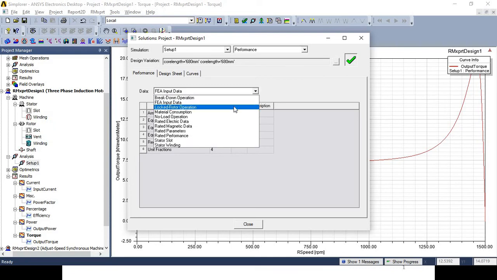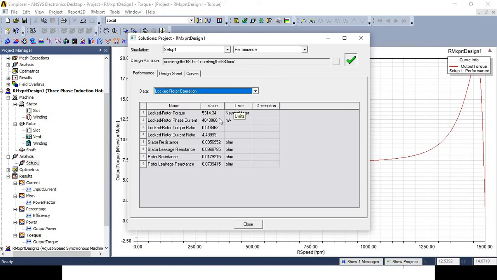Then you will get the information about locked rotor operation of the motor. See, locked rotor torque is 5314.34 Newton meter. Locked rotor phase current is 4040.060 milliampere. Locked rotor torque ratio is 0.518462. Locked rotor current ratio for the selected design is 4.43993.